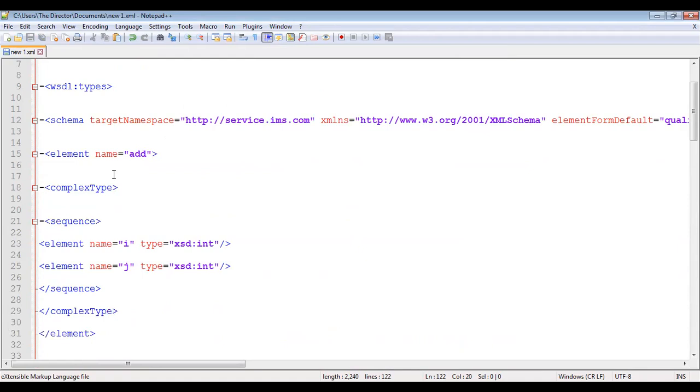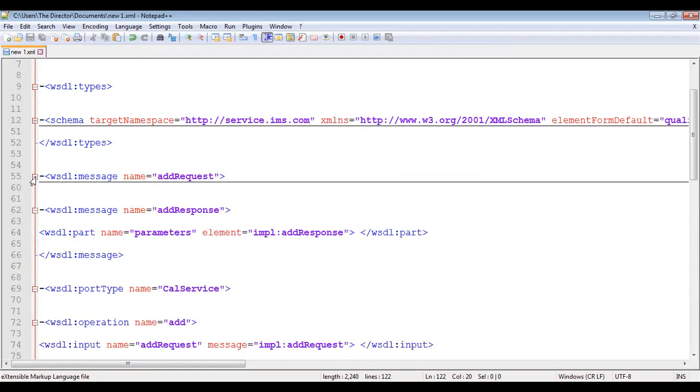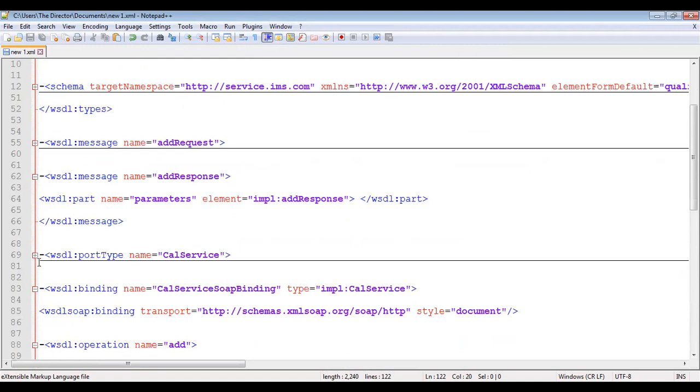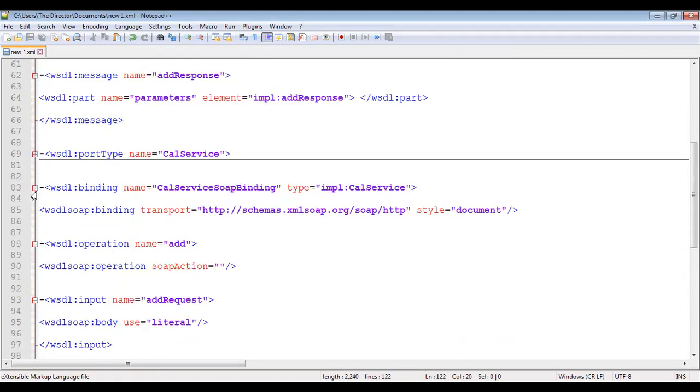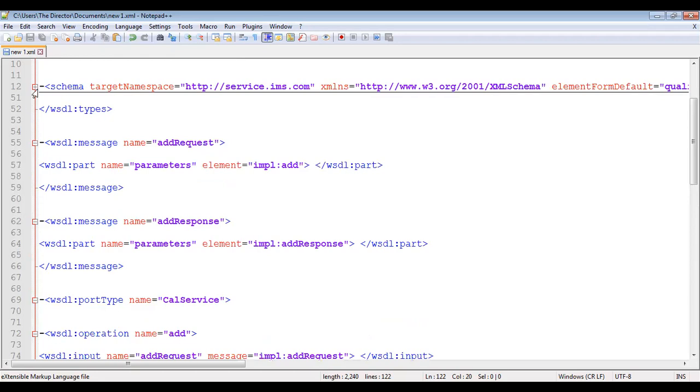WSDL tags, schema tags, WSDL messages, port type, soap binding. Here you can expand the tags.